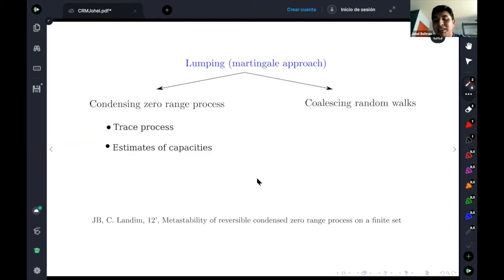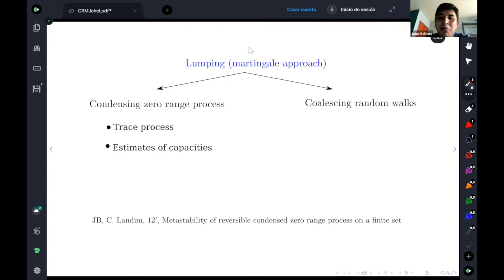So I was very happy when I heard about this other model, the system of coalescing random walks, because in some sense this new example is orthogonal to this other example. Here, we cannot use the same tools because it's not natural for this case. We use other tools. And also, I was very happy because